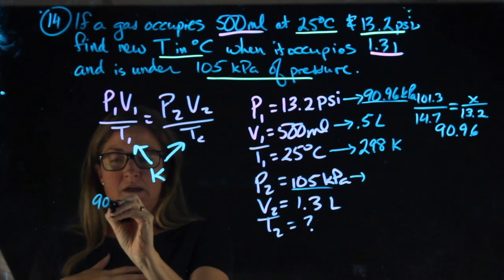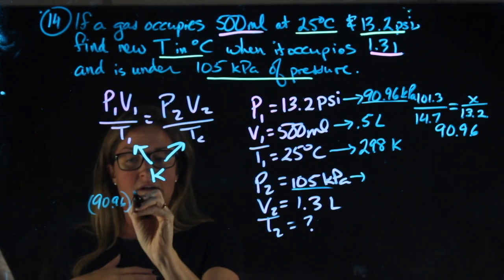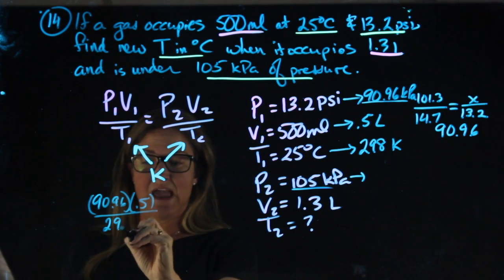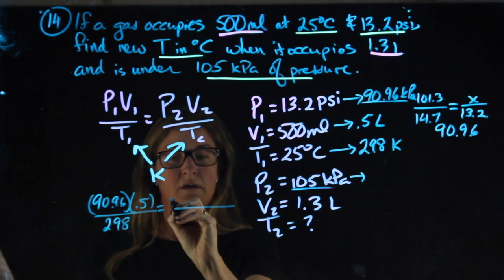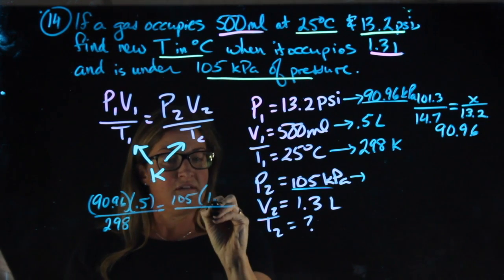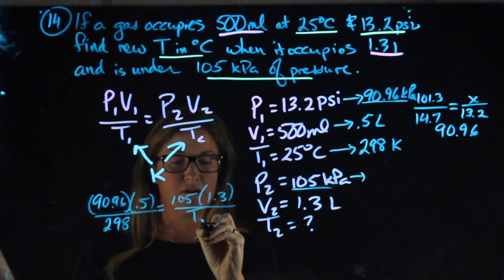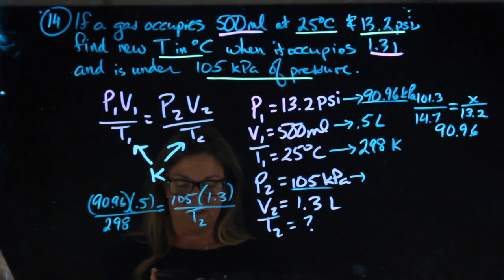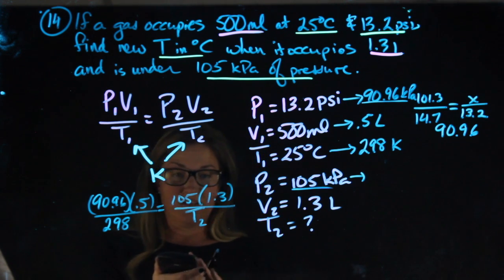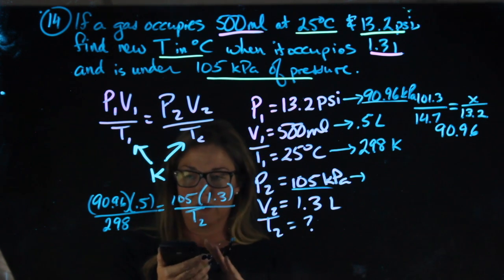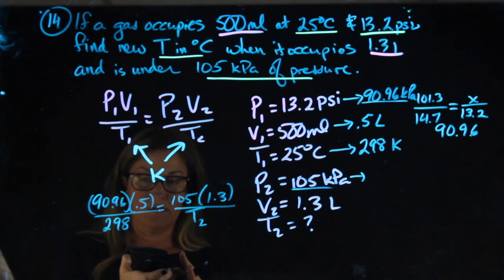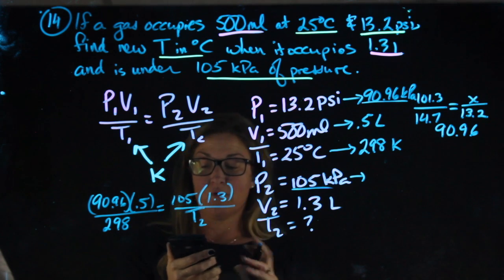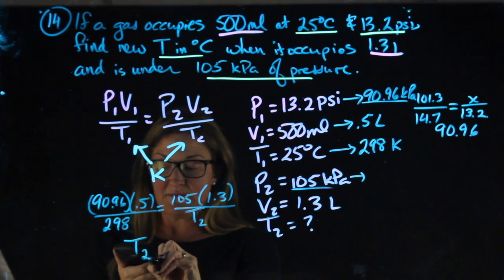P1, 90.96. V1 is 0.5. T1, 298. P2, V2, and my unknown T2. I'm going to cross multiply and then divide. So in my calculator, 105 times 1.3 times 298 divided by 90.96 and divided by 0.5 also gives me T2